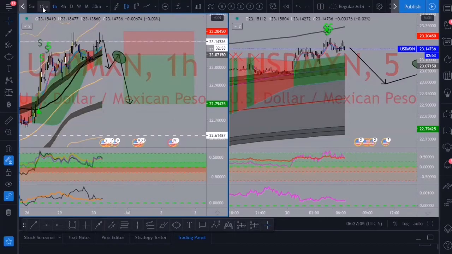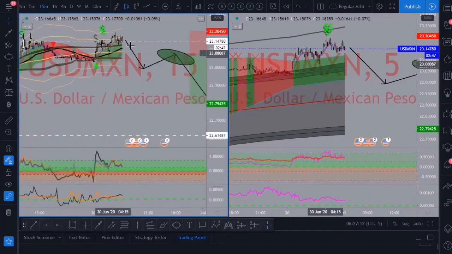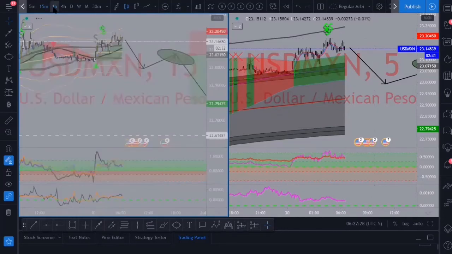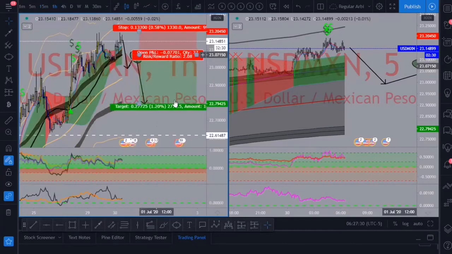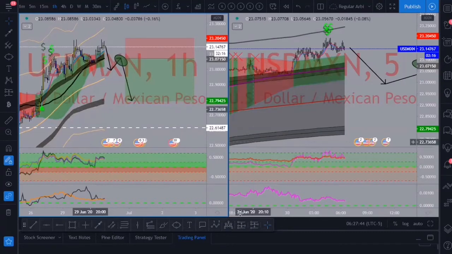Let me go on the 15-minute time frame real quick. I think it's not necessarily yet setting up for that buy. This would probably be for the, what's the word I'm looking for? For the impulse move. There you go. I had to really think about that. It should probably be more for the impulse. I'm just gonna stick to the 1 hour time frame. But yeah, this looks good for a buy. I mean for a sell. But like I said, I want the break and retest before the drop to happen. I don't just want to sell when I see that impulsive move. All right, so that's USD Mexican. Any questions on that?